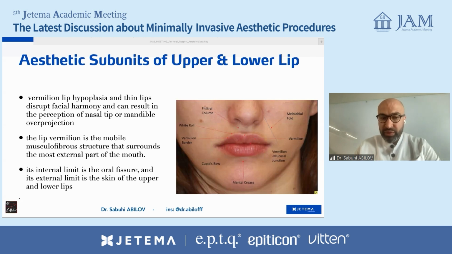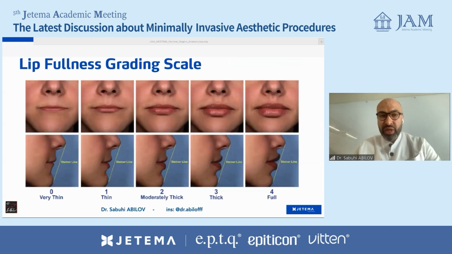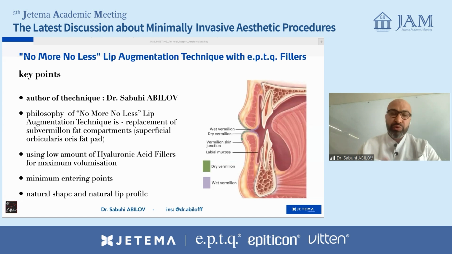And the lip vermilion is a mobile muscular fibrous structure that surrounds the most external part of the mouth. Its internal limit is the oral fissure and its external limit is the skin of the upper and lower lips. Lip fullness grading scale. Our patients come to us with very thin lips and also with full lips. And that's why, when we want to do some